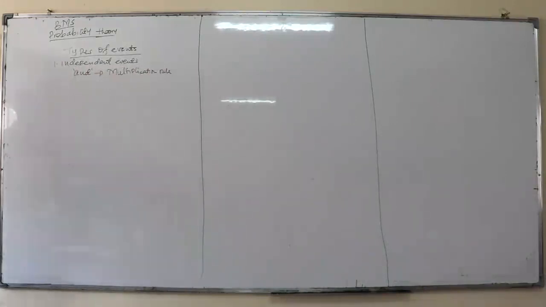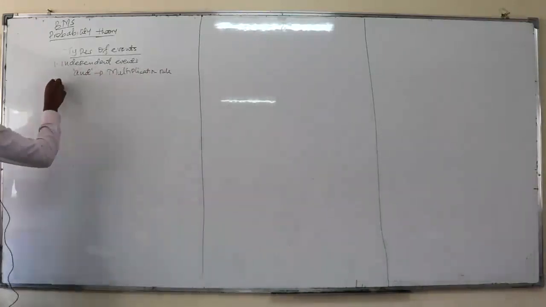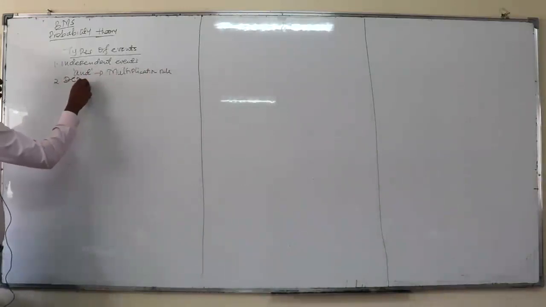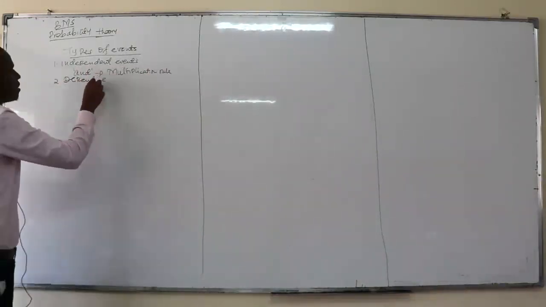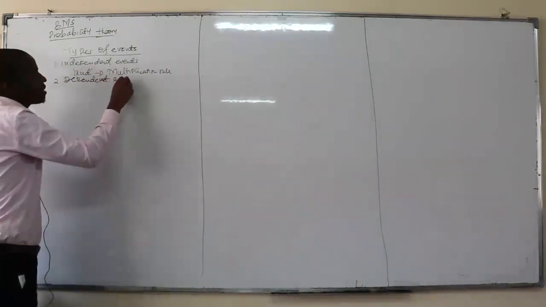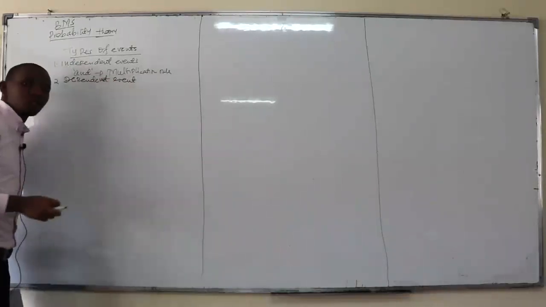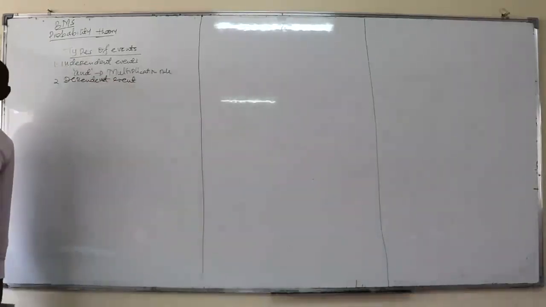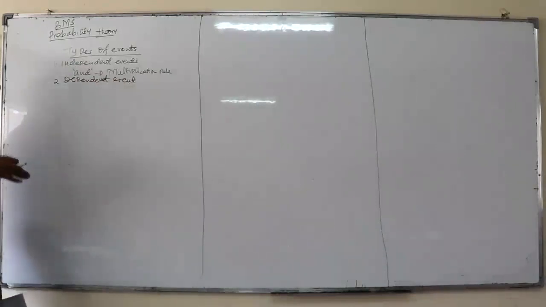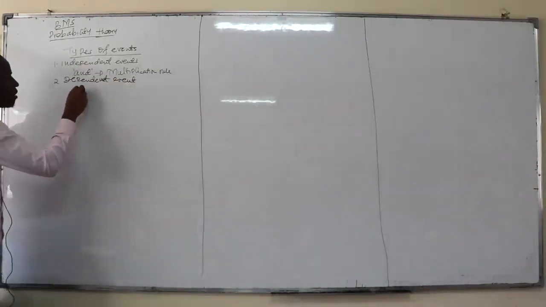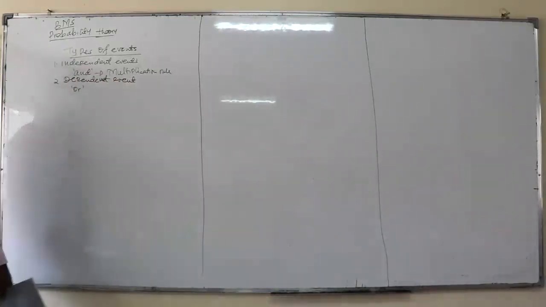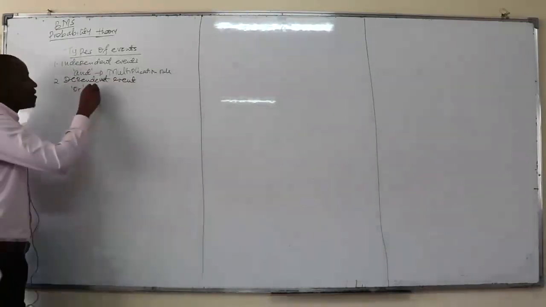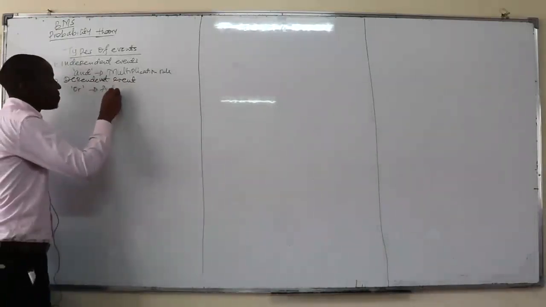Then number two, we have what we call the dependent events. Dependent events in this case are those events that influence the outcome of the other, meaning that if one event has to happen, that other one must also happen. And therefore, they are normally denoted by the word or, and in this case, this is whereby we apply the